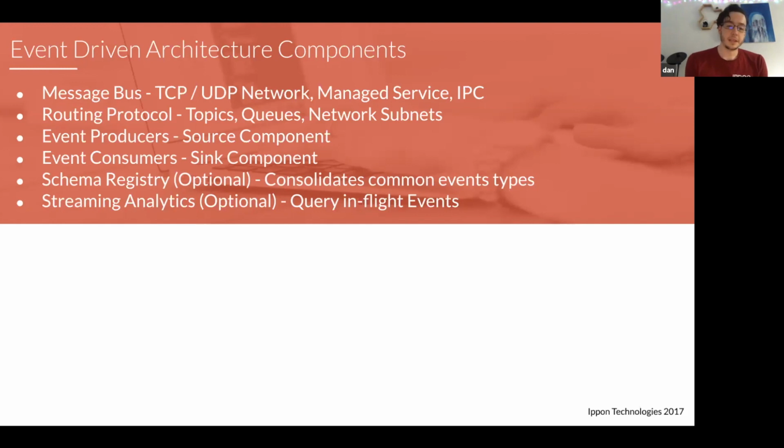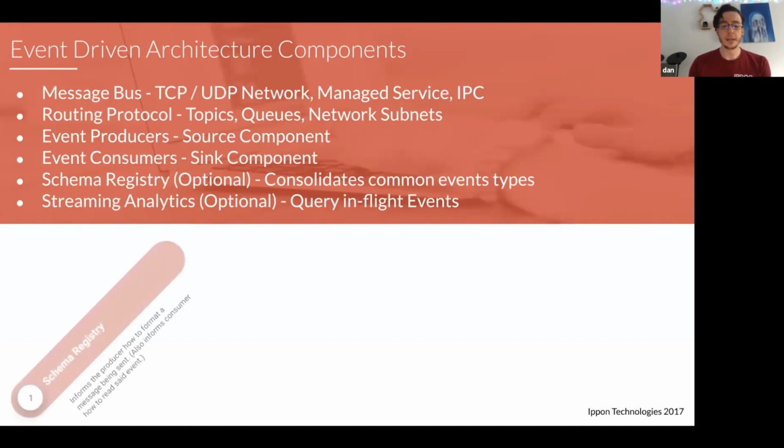on the other side. Typically these days, you'll also have something like a schema registry and an analytics component, where the schema registry will store different types of messages and your analytics component will examine the stream of messages as they're being published or before they're being consumed. These two are not strictly necessary. They do help though. The schema registry will help you have uniformity throughout your event-driven architecture. And streaming analytics is a great way to start having some real-time integrations into your event-driven architecture, real-time monitoring for